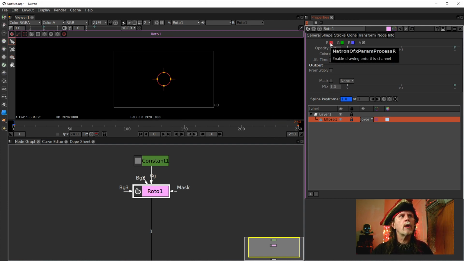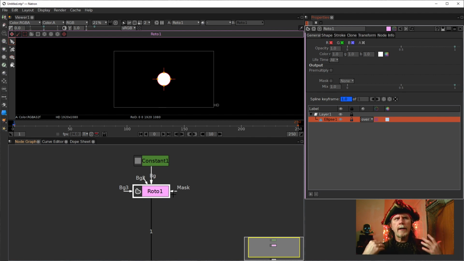It is just a straight Roto. We're just going to enable the RGB so that it draws. And we're going to approach this from two different ways. First, let's start off with the obvious. The obvious way to animate a roto, or the proper way to animate a roto,